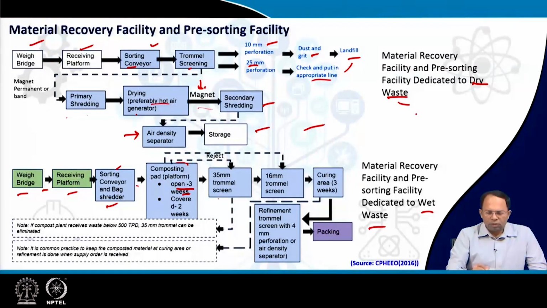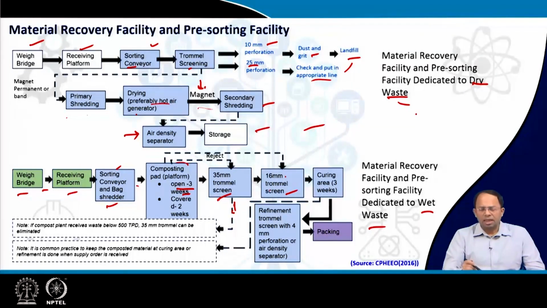So whatever is composted, we then put again through a trommel screen, a 35 millimeter trommel screen first, and then a 16 millimeter trommel screen. This results in larger materials, which can be sent back to the landfill site. The smaller material, some of it could be used as compost cover and so on. So we will discuss this in detail later on. And finally, whatever remains is cured,